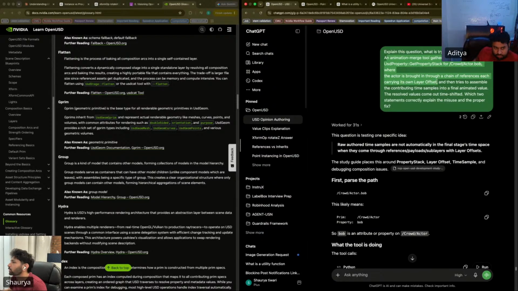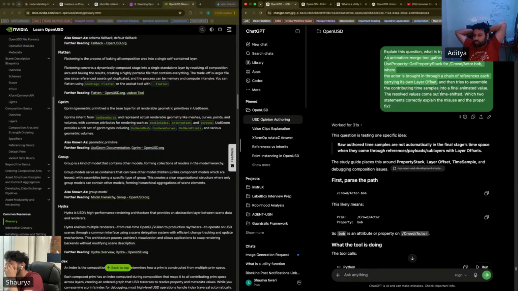The actor is brought in through a chain of references, each carrying its own layer offset, and then it tries to assemble the contributing time samples into a final animated value. The resulting value comes out time shifted. Which two statements correctly explain the misuse and the proper fix?